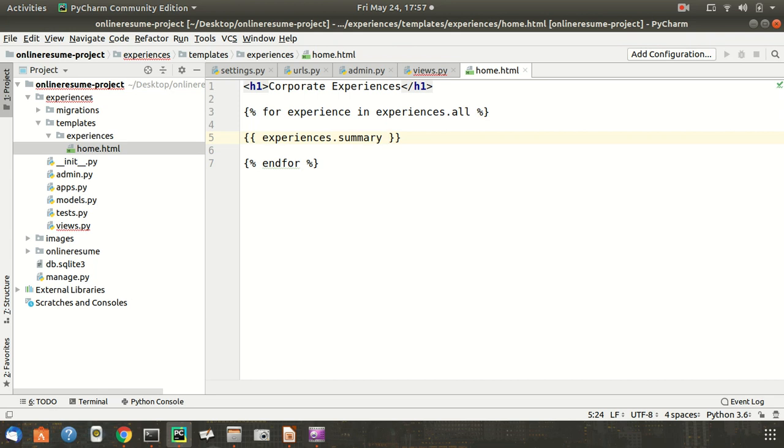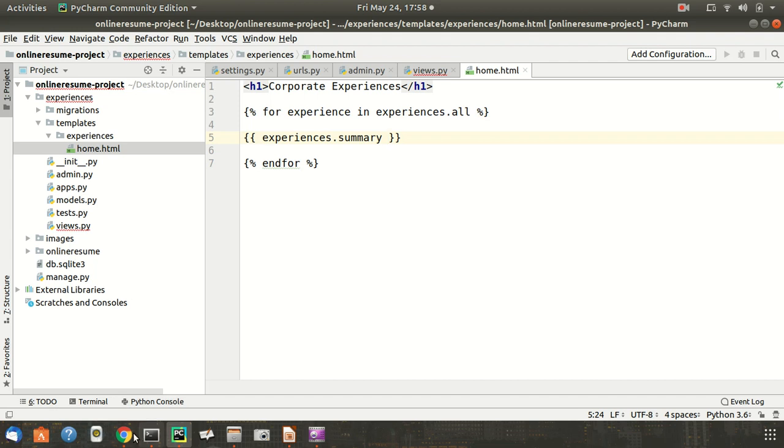Here we can add images or summary, but in this case we are showing the summary part, and this is simply going to list out the experience.summary. If you had 4 experiences inside of there, it would list out each of them. So here we will be saving the file,